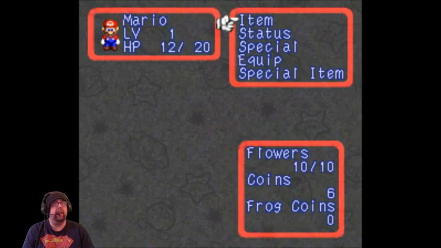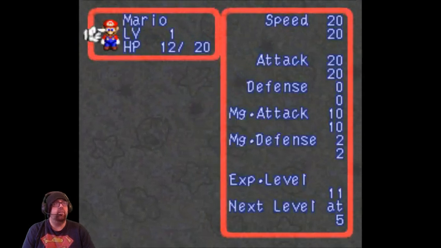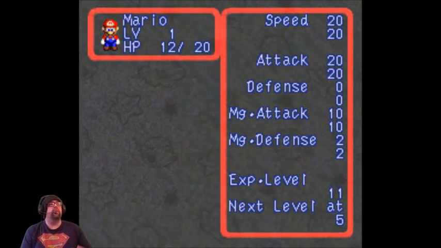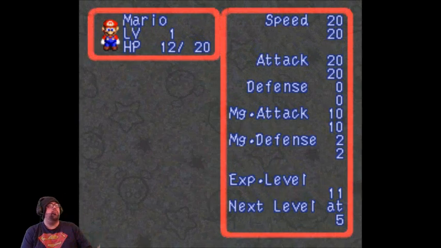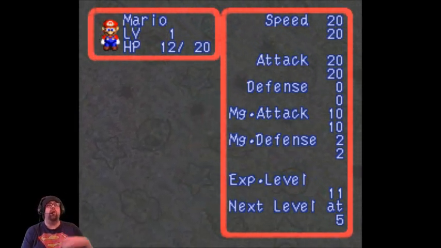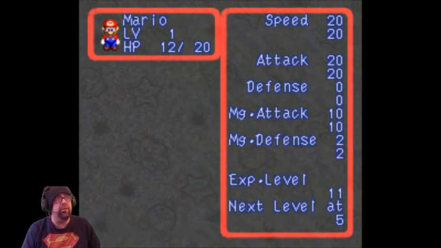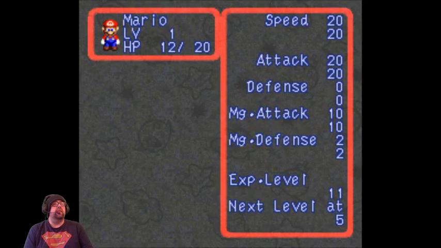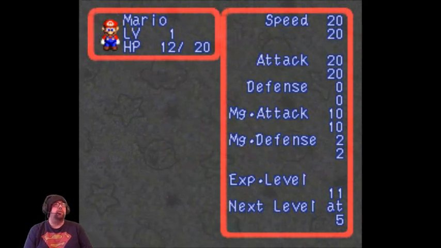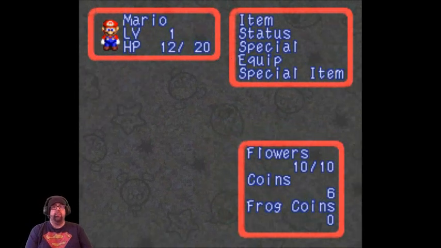Just for the simple fact that, I mean, you look at my status here, and these are your attributes. So right now my magic attack is 10, magic defense is only 2. So anything magical hits me, it's going to hurt pretty bad. My defense sucks. My attack is decent, but I'm a level 1, so keep that in mind. And then you got other